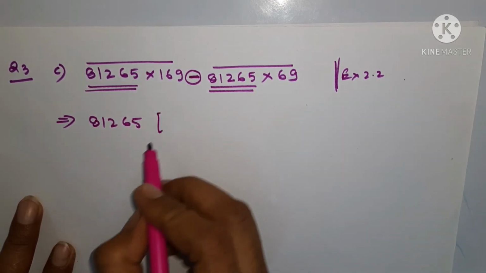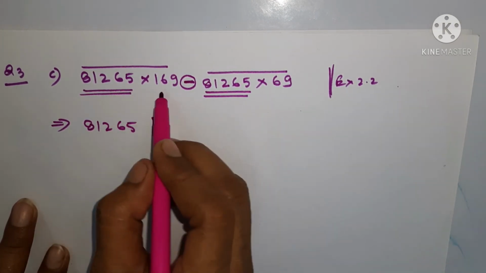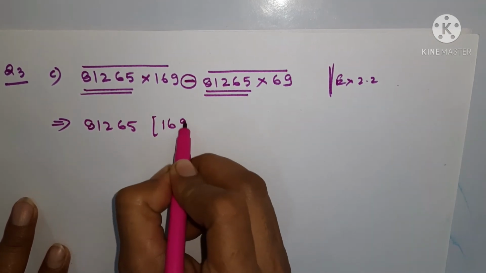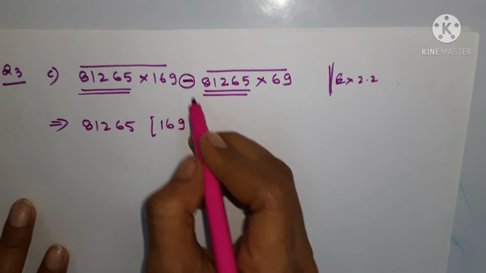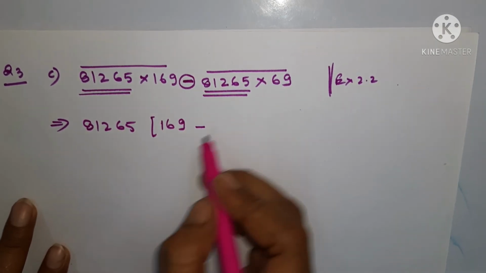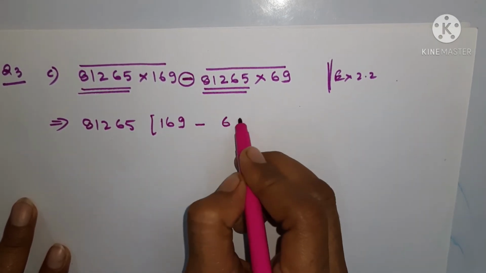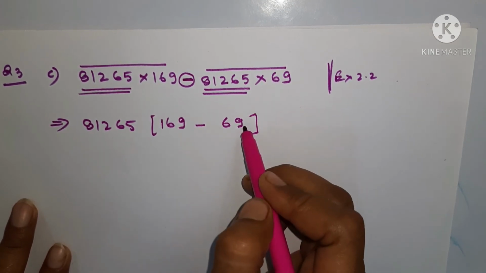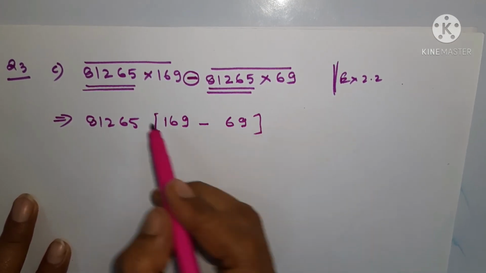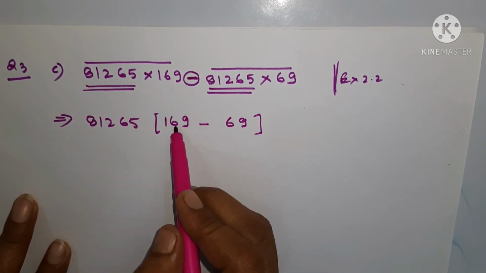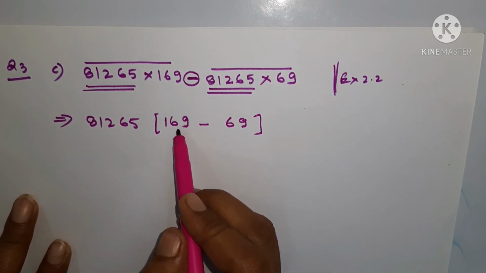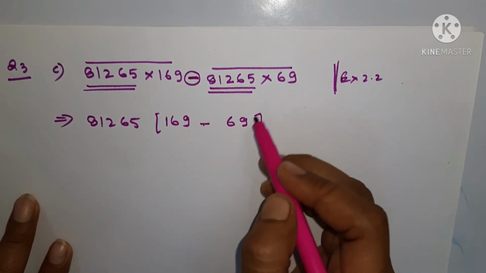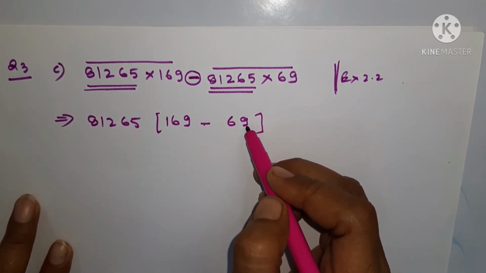अब हमारे पास क्या बच रहा है इस ग्रुप में? पहला ग्रुप जो है इसमें हमारे पास बच रहा है 169. We are remaining with 169. Then the sign is there, the sign is remaining, and what else is remaining? 69 is remaining from the second group. सेकेंड ग्रुप का 69 बच रहा है. फर्स्ट ग्रुप में से 169 बचा, हमने इसको यहाँ पे उतार लिया. फिर माइनस बचा, हमने माइनस भी लिखा, और 69 था, इसको भी हमने नोट डाउन कर लिया.